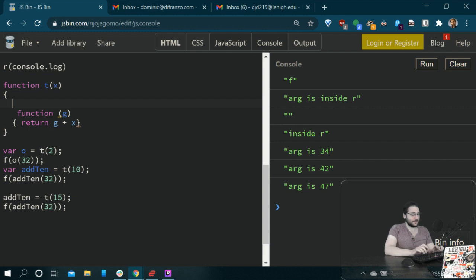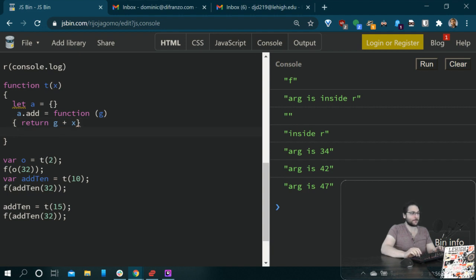So I'm going to say let a equal the empty object, a.add equals this. Yes, that is what I want. Okay. I could also do a.changeX equals